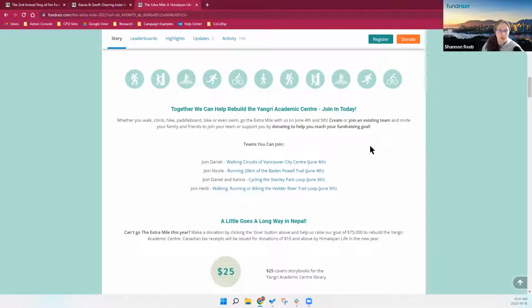You can still fundraise under those teams, but you can choose which event that you go to. So this is something that they would have also put in their registration form, is which event or which part of the event do you want to attend? Do you want to be a bit lazy about it and go walk circuits of the Vancouver City Centre? Or do you want to be absolutely crazy and run 20 kilometers of the Baden-Powell Trail, which, if you don't know Vancouver or North Vancouver,